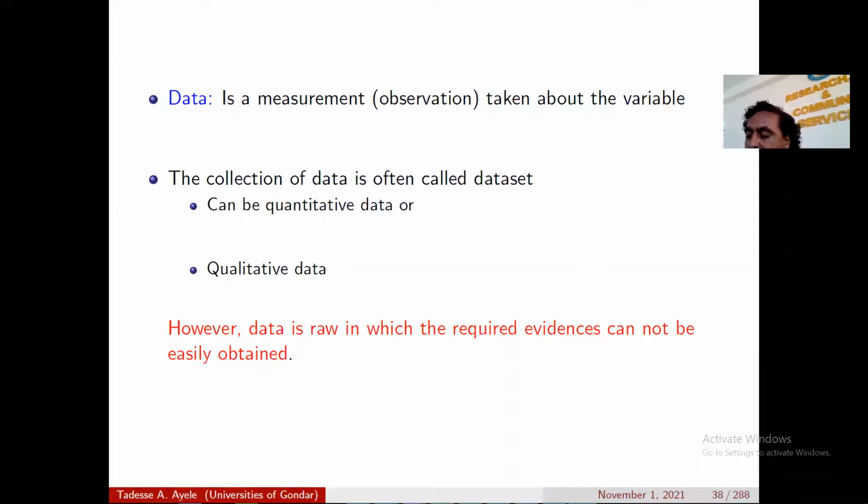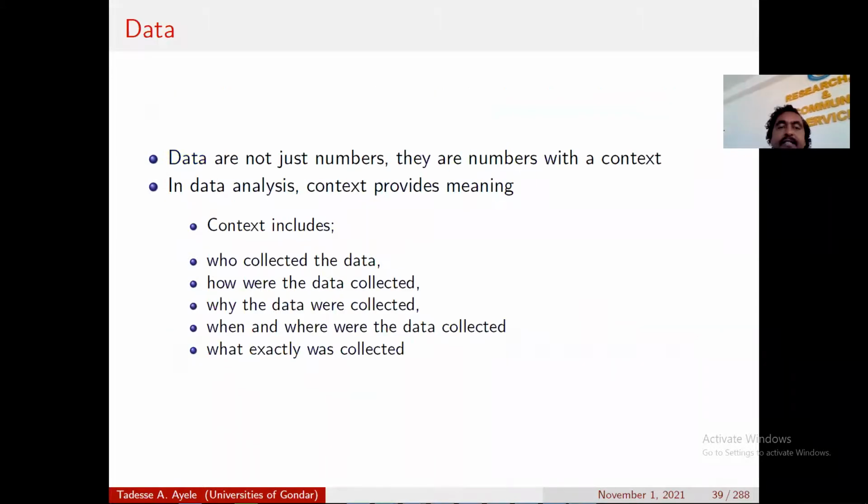So we have to process data in order to generate information. Data are not just numbers. They are numbers with the context. In data analysis, context provides meaning. So context includes